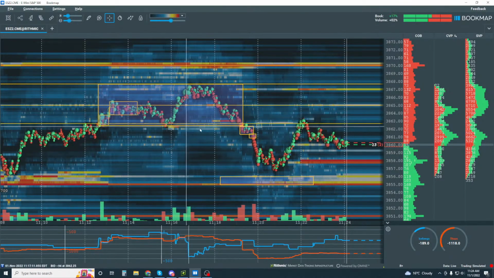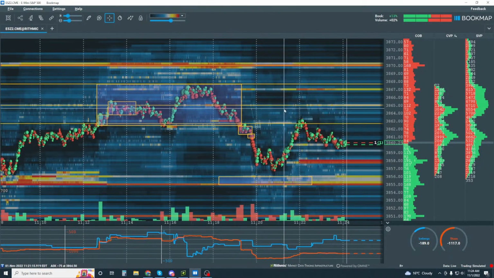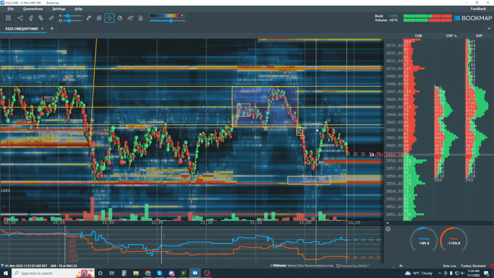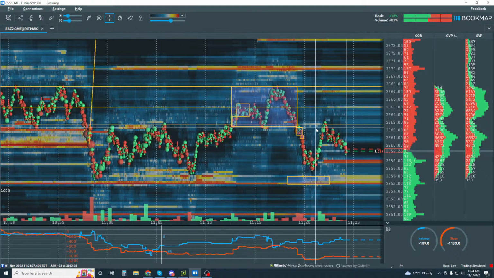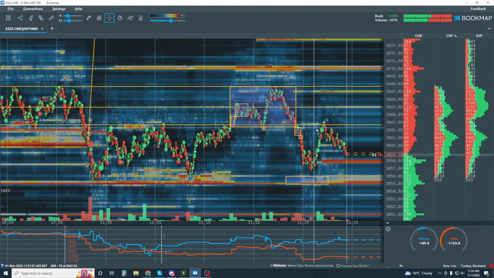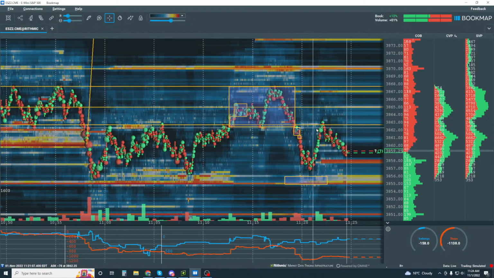Guys, if you like this kind of education, I know we didn't do too much order flow reading this time around. We went through some trade management techniques in here. But we also took a big step back and covered what Bookmap is showing, and then how to start to read it compared to candlestick charts.